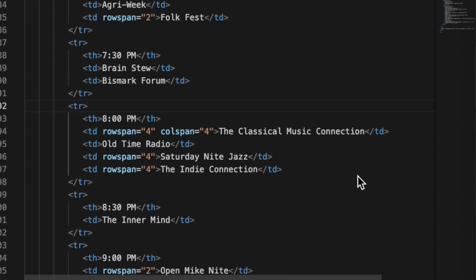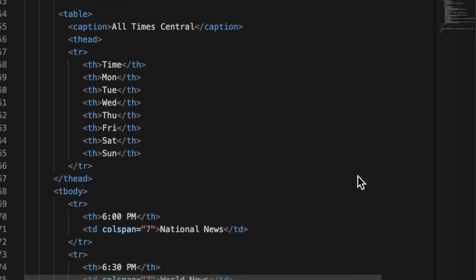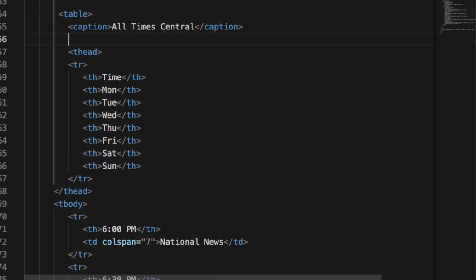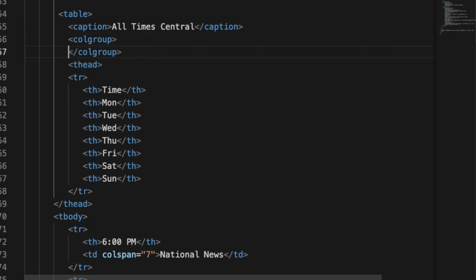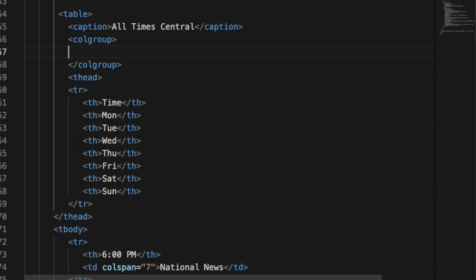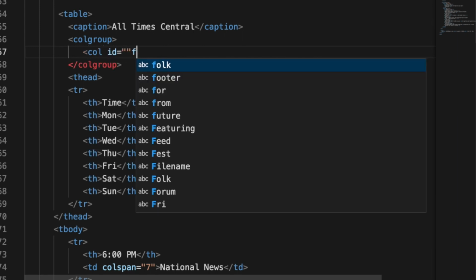One more thing I want to teach you here, which was introduced in HTML5, is called a column grouping. This is actually very handy in CSS. So when I teach you the CSS part of the tables, that's where it will come in pretty handy. So right after the caption, I'm creating a column group, and I'm creating 2 groupings. The first column group is ID'd first,